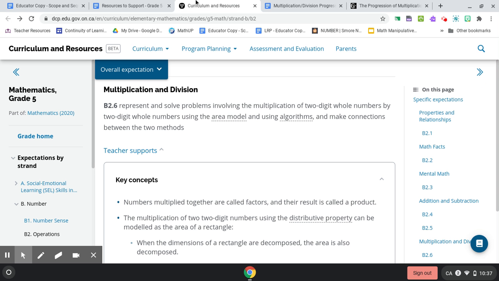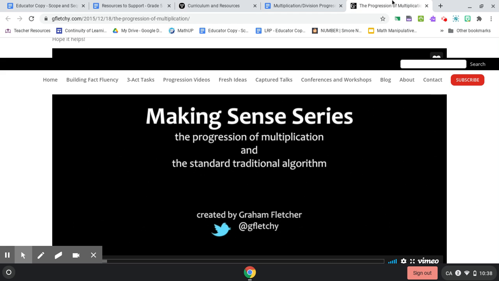Expectation B2.6 states that by the end of grade 5, students will represent and solve problems involving the multiplication of two-digit whole numbers by two-digit whole numbers using the area model and using algorithms, and make connections between the two methods. Graham Fletcher's progression of multiplication video will help you lead your students towards this goal using the distributive